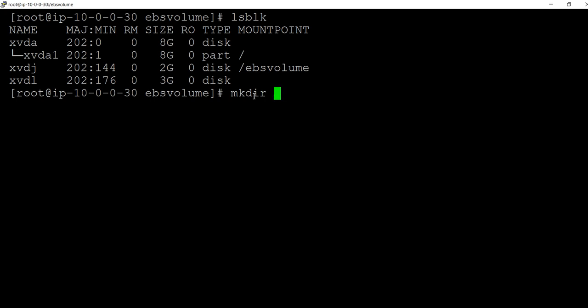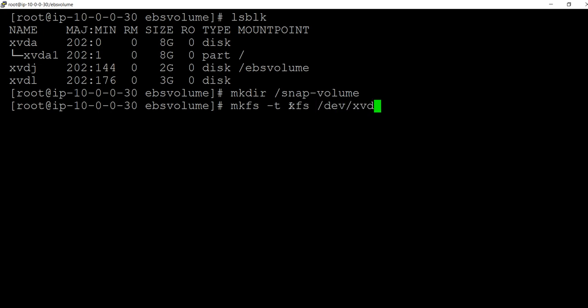We can create a snap volume folder, under root only. Okay, snap volume I have created. Now mkfs to make a file system of type xfs. These are purely Linux commands. /dev/xvdl.